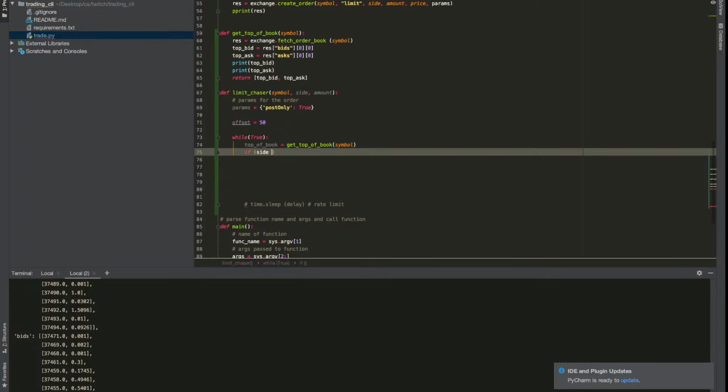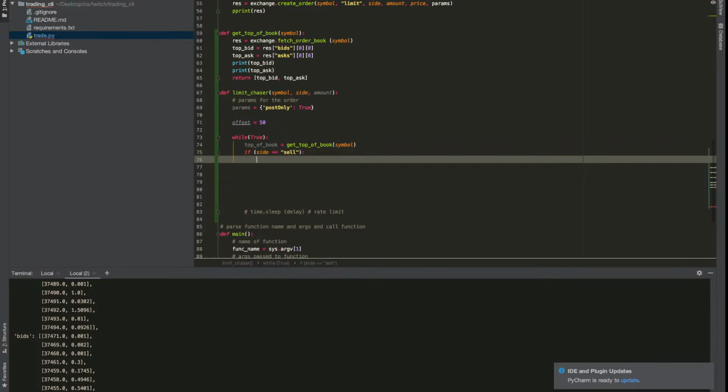So if the side is a sell order, then we want to place it at the top of the bid plus offset. Okay, so assuming offset was tick size, then we would be placing it at the best possible entry. Hold on, I've got to buy some Bitcoin. Okay, so if it's sell, we're basically going to